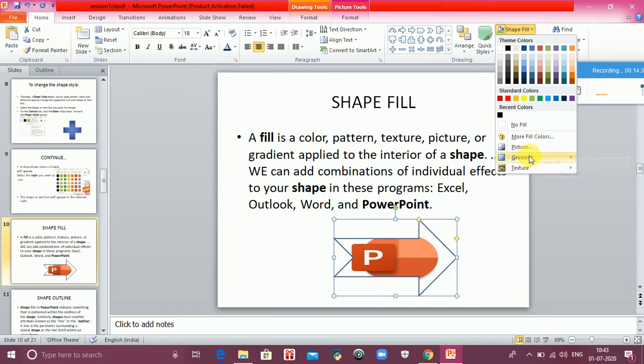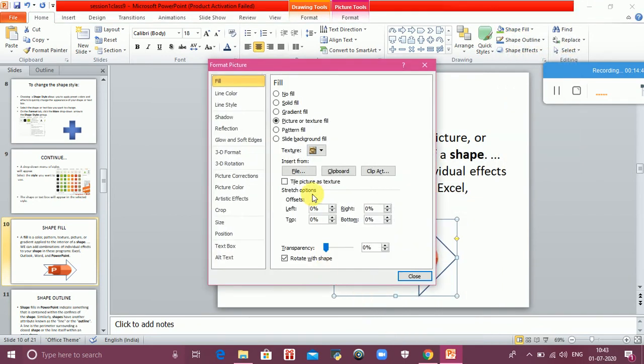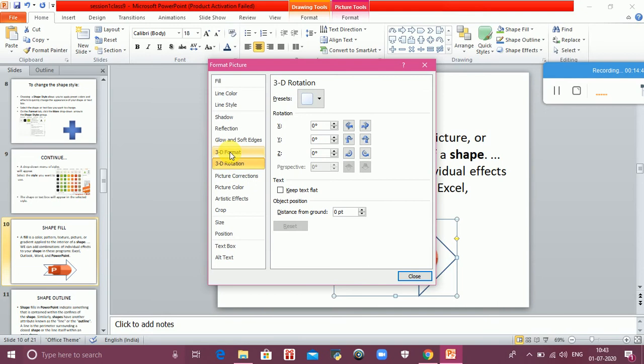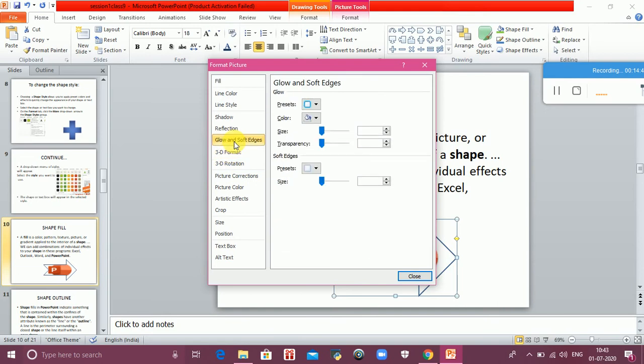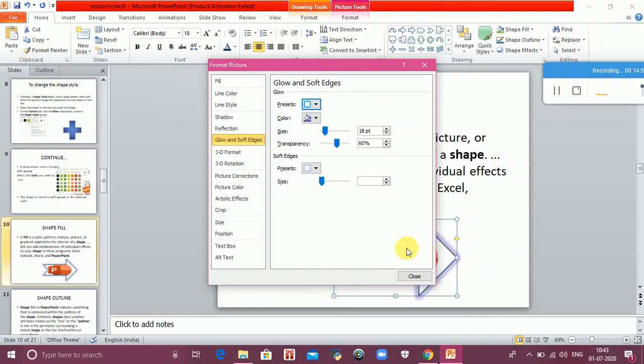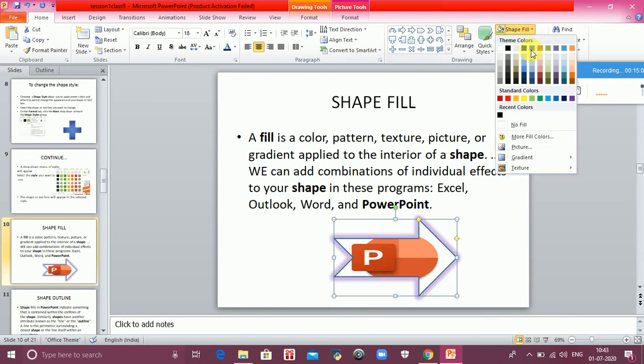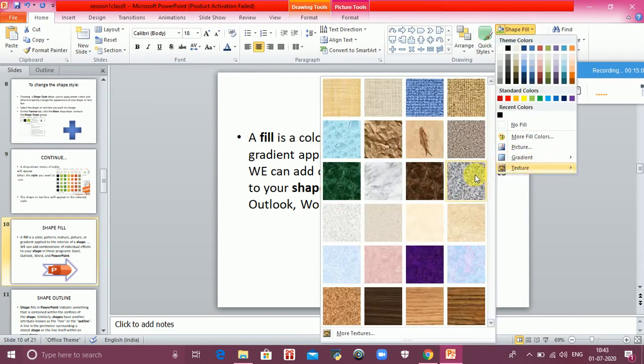Okay, and if I want to fill it with gradient, so here it is. A purple color boundary has come. Okay, and if you want to fill it with texture, there are various textures.